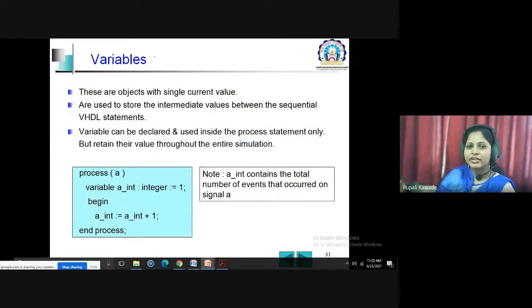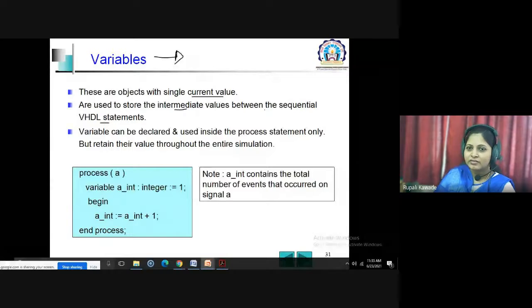And the next one is the variable, the third class associated with the object. So what is this variable? These are objects with a single current value. Signals can have multiple values: the current value, in addition to that, past values also, the history. Variables are used to show the intermediate values between sequential VHDL statements.